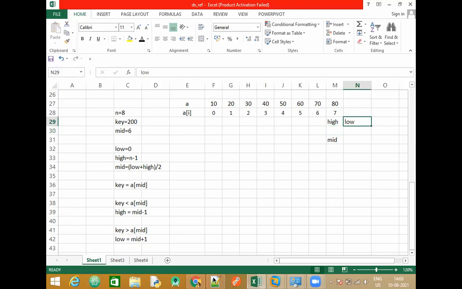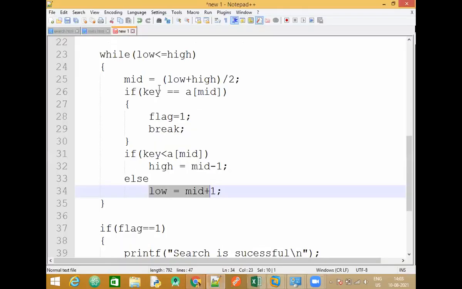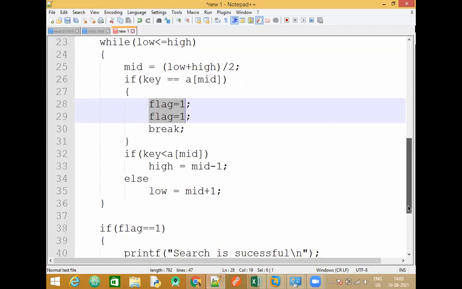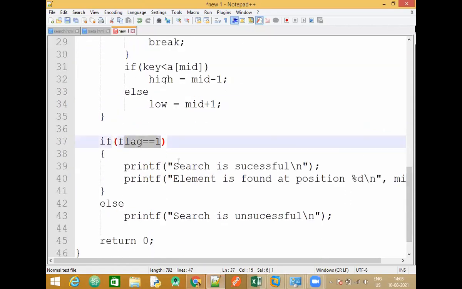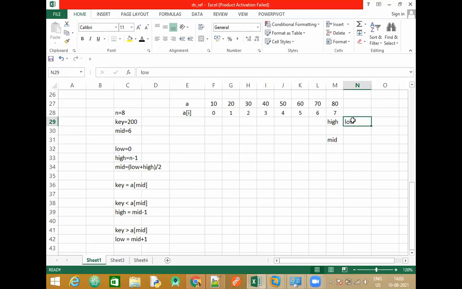No. At this point of time, what is this instance? Is this condition becoming true or is it becoming false? False. So if it is false, which means we have not updated the value of flag. We did not enter that if condition. What is the statement here? If a flag is equal to 1, search is unsuccessful. Sorry, search is unsuccessful. Correct? So at a point of time, you reach a state wherein the value of low goes beyond the high, which means it is going beyond the array. That is why this while condition is given on the top.